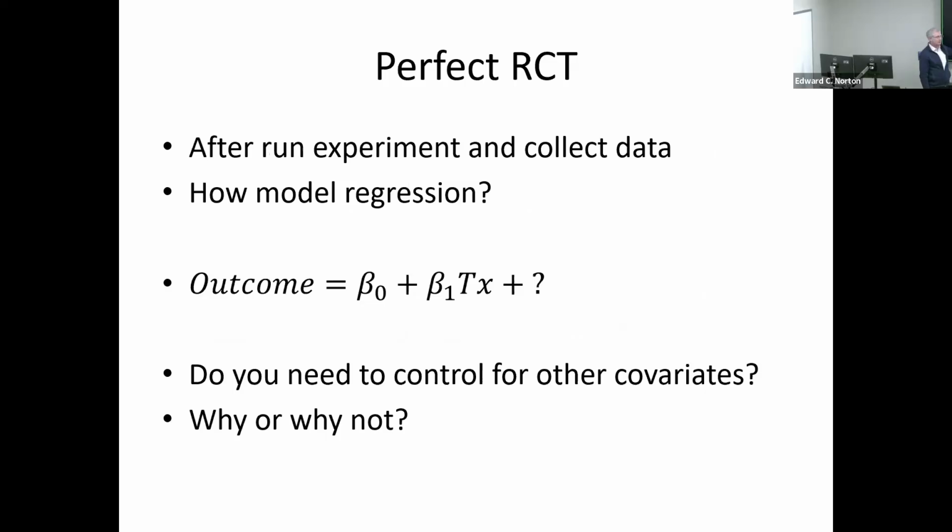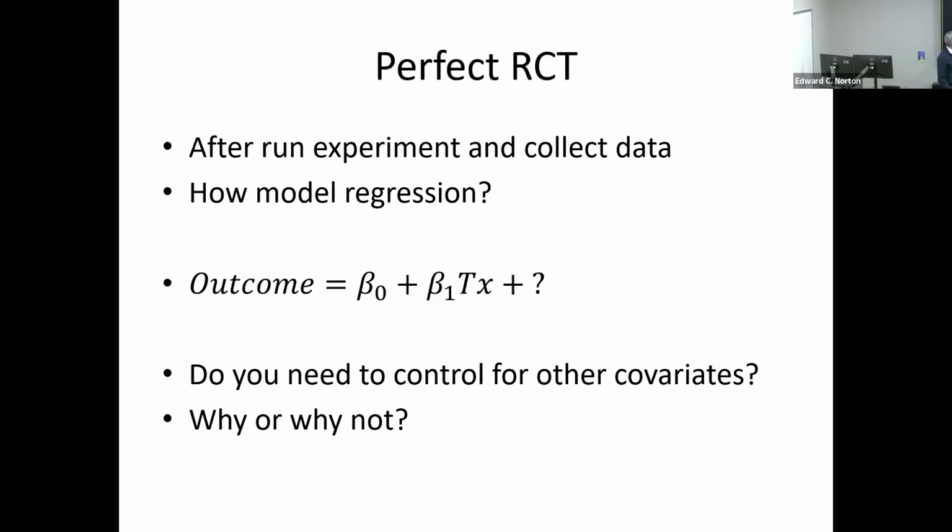If you have a perfectly matched RCT, you can then run a regression of your outcome, whatever that is, usually denoted Y, as a function of just the treatment. Or you can add in additional variables into the regression, age, gender, comorbidities, insurance, and so forth. If you have a perfect RCT with perfect matching, it doesn't matter if you include the other covariates. Okay? There are a couple ways to think about this.